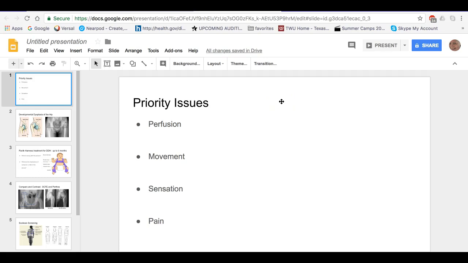So I'm going to go through some just kind of broad concepts here as you prepare for class, because these are the things that I really want you to come to class knowing, so that we can discuss them a little bit more in class. So first of all, these are the priority things that you need to know as we talk about any of these disorders dealing with musculoskeletal. These are the things that are going to be prevalent in all of the things that we talk about. First of all, perfusion. Perfusion is going to be affected with anything that we talk about. So the things that you want to really pay attention to are going to be perfusion, movement, sensation, and pain. When you're talking about the musculoskeletal system,